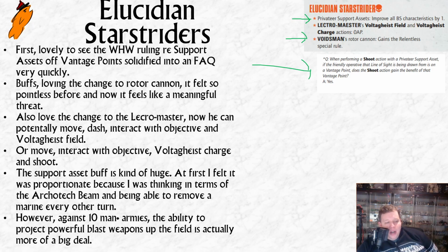So, I don't know. Maybe this will get rolled back, or I think what I'd like to see, let me know if you agree with this, and I think this makes perfect sense in terms of the fluff as well, is to improve the BS for the Architect Beam, but maybe not for the 2 blast weapons. I don't know, I've not tried it yet. And certainly if I do try it, it'll be against Zimbad for at least the first couple of games, and then his elite guys anyway. So it's going to be a little while before I get to try this against a team of soft, squidgy people that really care about the blast weapons.